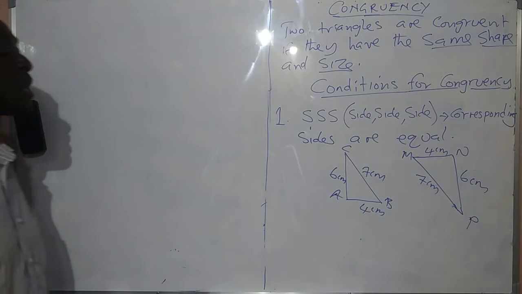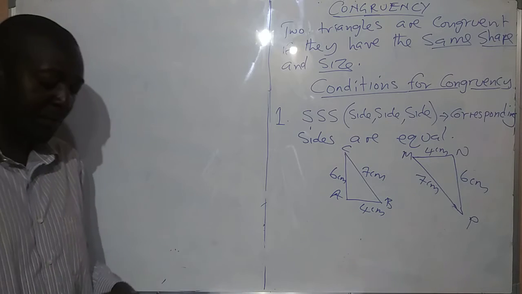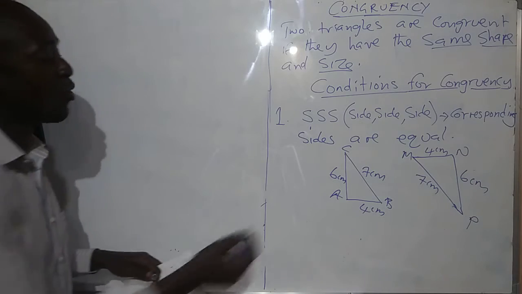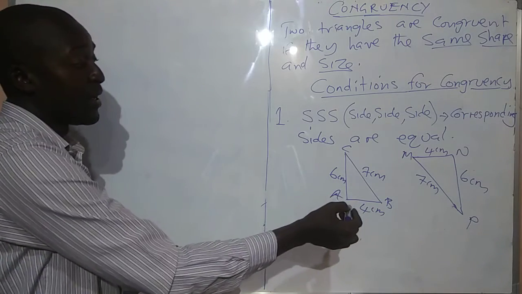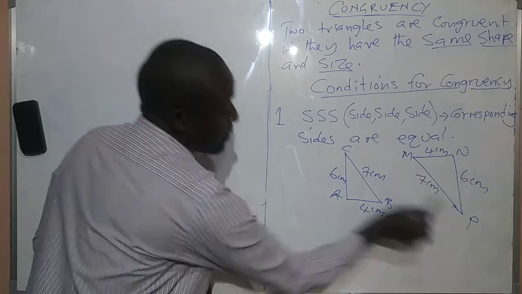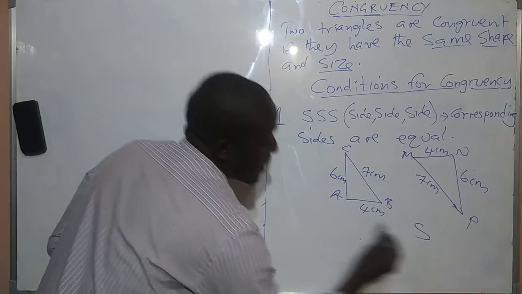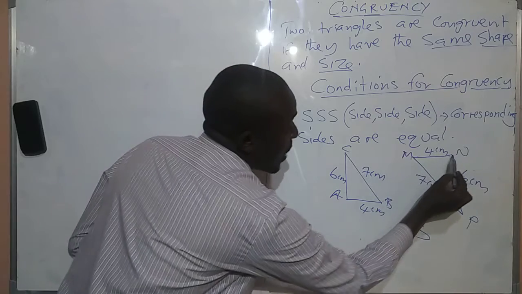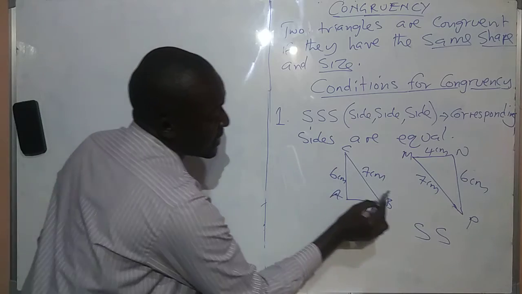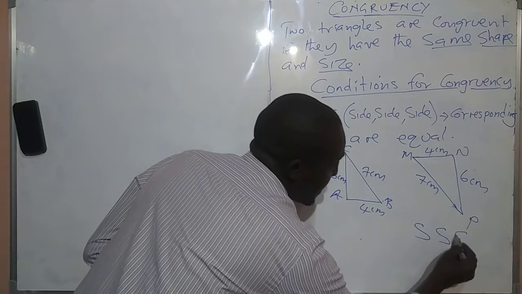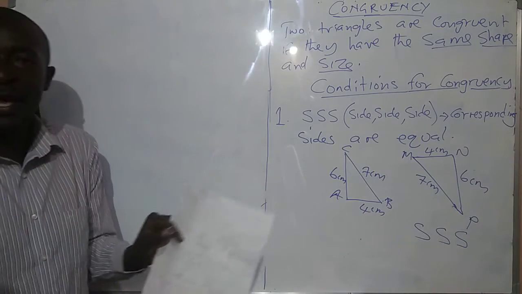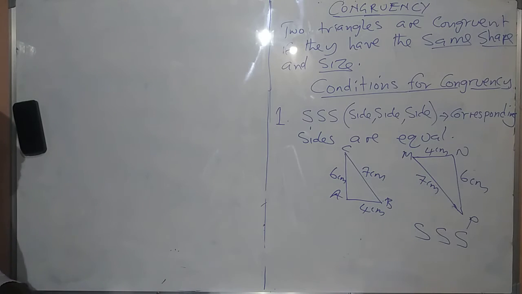Okay, so just by looking at these two triangles, you can tell these two triangles are of the same shape and the same size. How do I know that? Look at the dimensions that we have, the sides. You can see that there are some sides that are equal. In fact, all of them. This one is equal to this one. This side, that's the first side. AB is equal to MN, so the second side. And then AC is equal to PN, the third side. And that is where SSS comes in. It means the corresponding sides are equal, like in this diagram that we have.